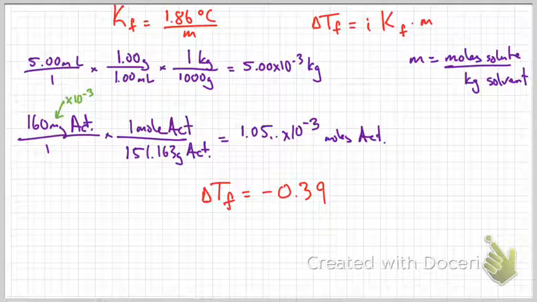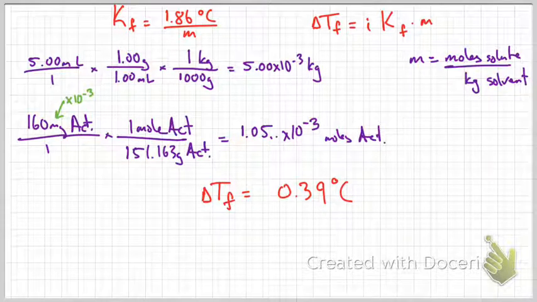I don't use a negative KF. I know a lot of people want to use a negative KF because it tells you this. So I would actually have gotten delta TF is 0.39 degrees Celsius. Why? What's your question? I got 0.039. Is it 0.039 or 0.39? Sounds like the overwhelming majority disagrees with your scientific notation. Okay. So,